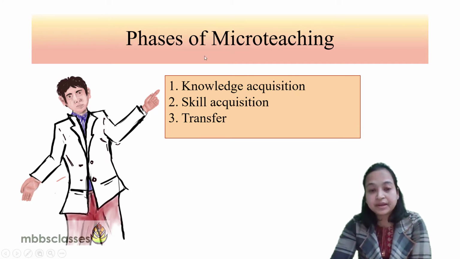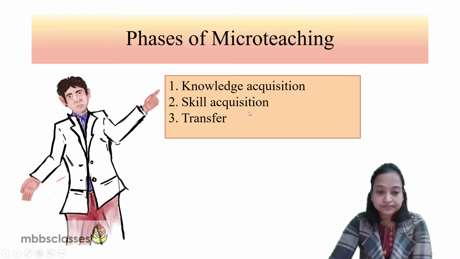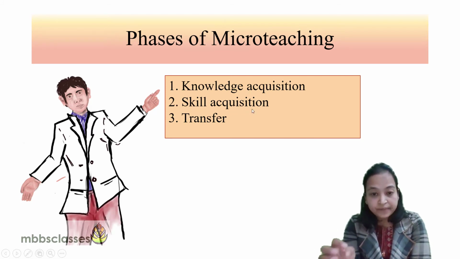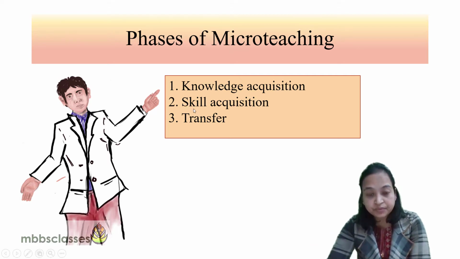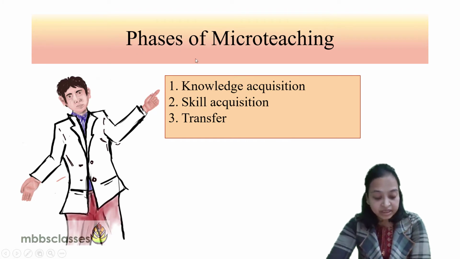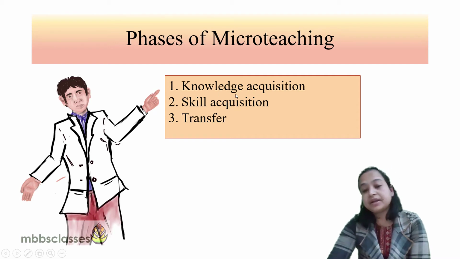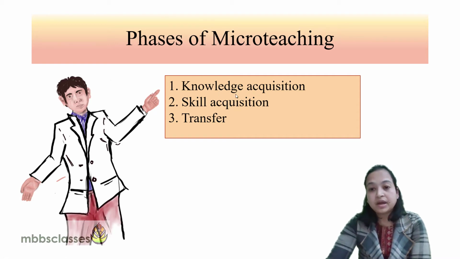Next, after getting the knowledge about the teaching skills, it is time to acquire the skills. The skill acquisition phase is the interactive phase where the teacher plans a micro lesson for demonstrating the skills which were taught by the experts. And here the micro lesson is planned. Then after planning the micro lessons, getting the feedback, and replanning the sessions, next comes the phase